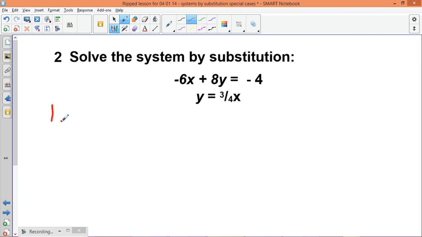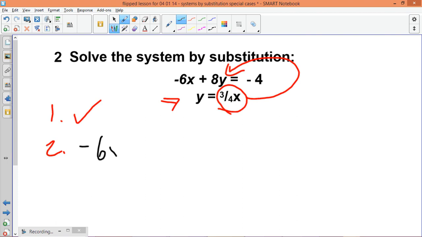Solve one of the equations for a variable. The second one already is solved for y, so I am done with step one. Step two, plug what y equals in for y in the other equation. So I'm going to actually write down my whole thing. Negative 6x plus 8y equals negative 4. And then I am going to